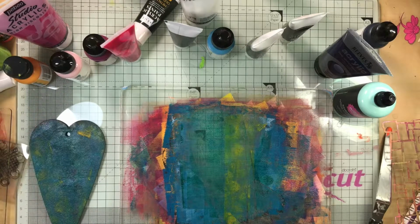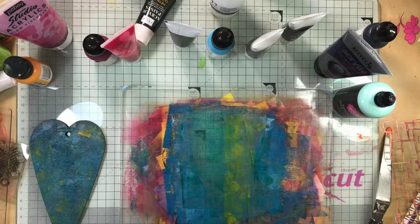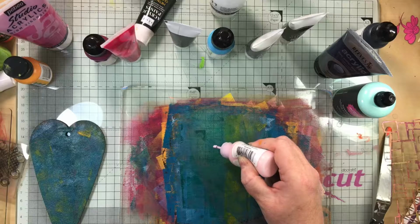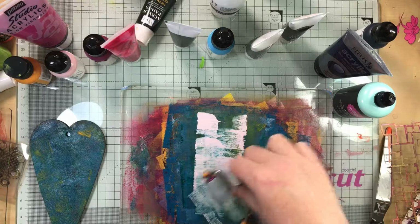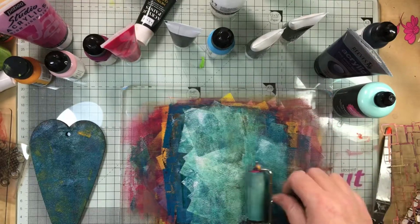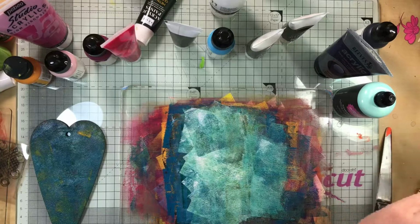Now one of the other things that you can do, which I haven't done yet, which I will do now, is I'm going to add, do I want white? No, I'll use the pale pink. I shall use the paler pink this time. So this one is called Carnation. It's another Dina Wakley one. What you can do, which is another thing the palette knife is good at, is add additional texture to your piece. Now there is something called Eyes Inks, which I haven't yet managed to get hold of, but they are on my wish list. And I believe that they're a type of glossy